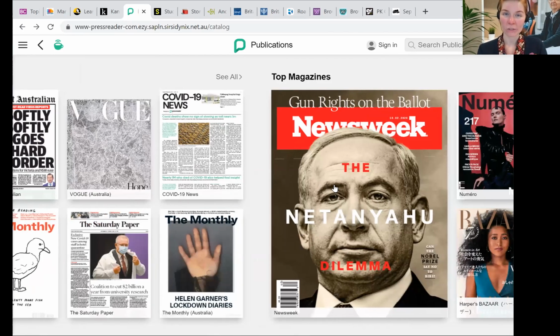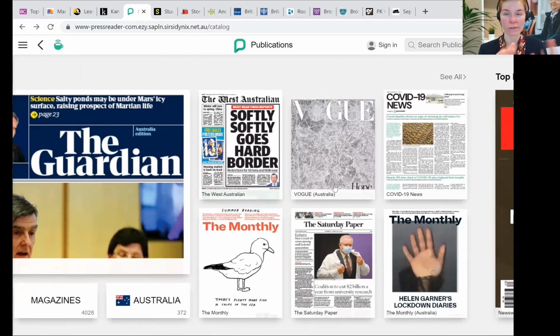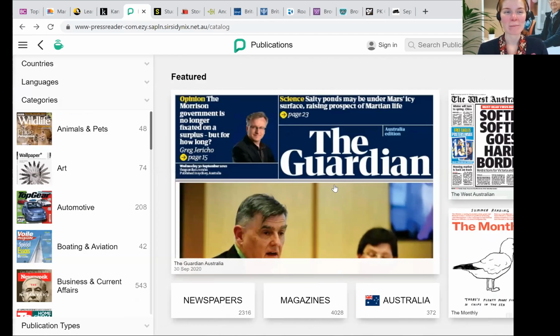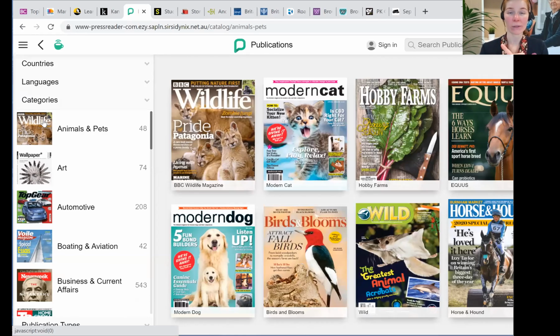There's no limit to how much you would be able to read. You can open as many pages, many books, magazines as you like. PressReader has a wonderful app that makes it great for reading on a tablet or on a phone if you're on the go. You can keep up to date with news and other magazines that we don't necessarily have